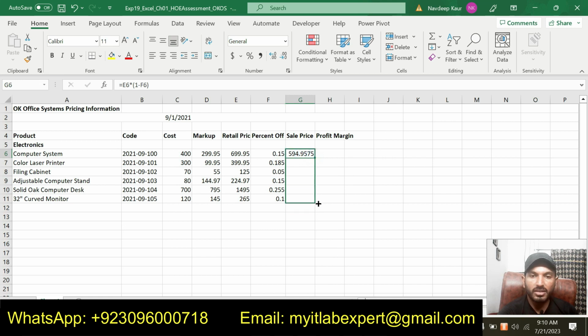So we will simply use autofill to get the other values in the sales price column.